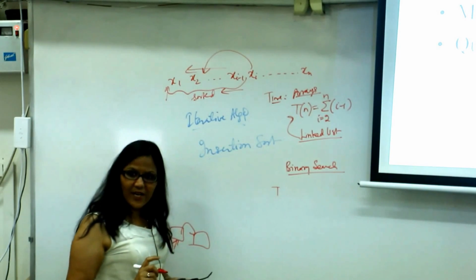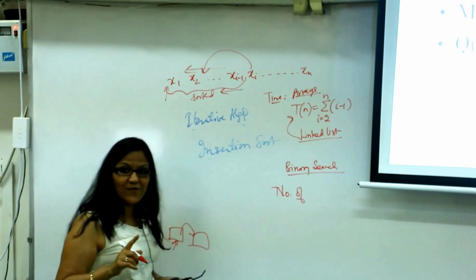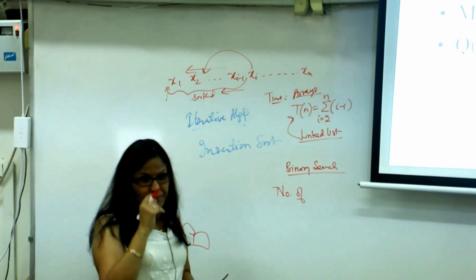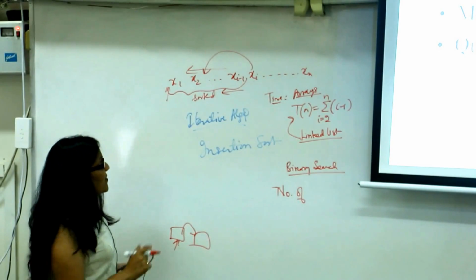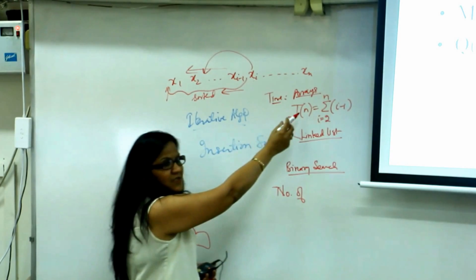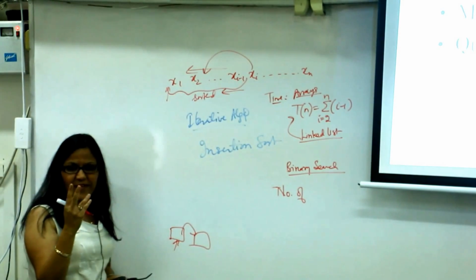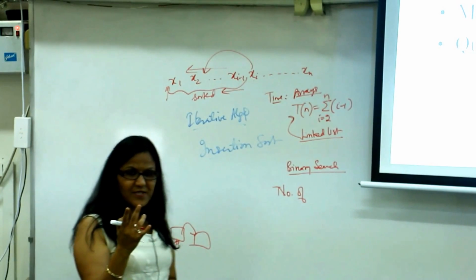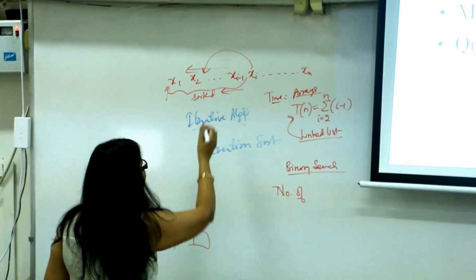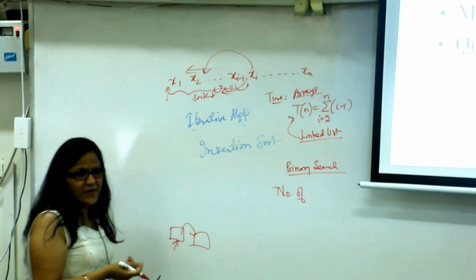Now I'll not use the word time. I'll use the number of comparisons. So so far I was assuming that it is the number of comparisons that dominates. If you look at insertion sort, the array implementation, there are two things that are happening. One is comparison and another is assignment. You are shifting this here, this here. So this shifting I call move or assignment.